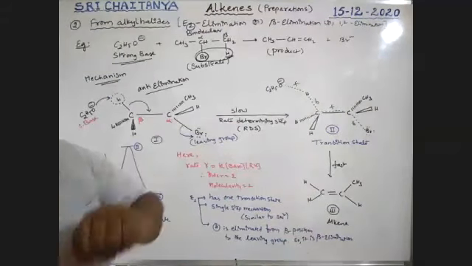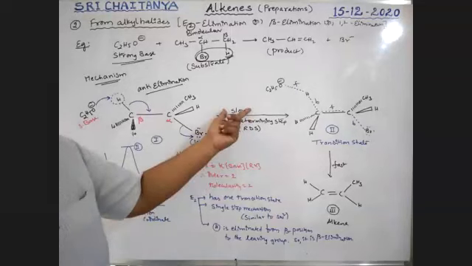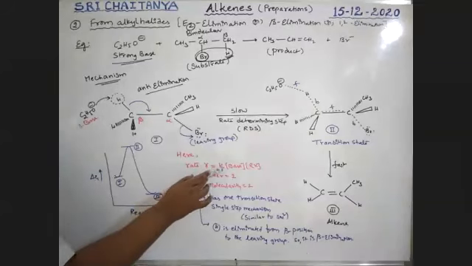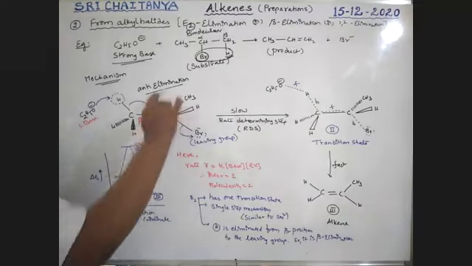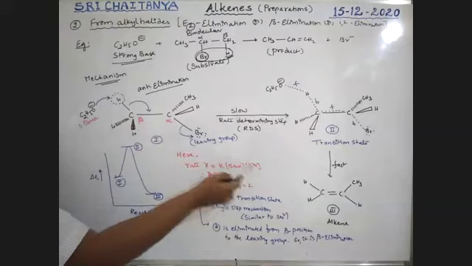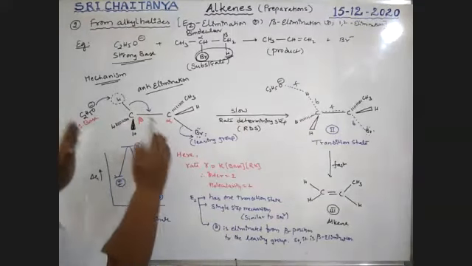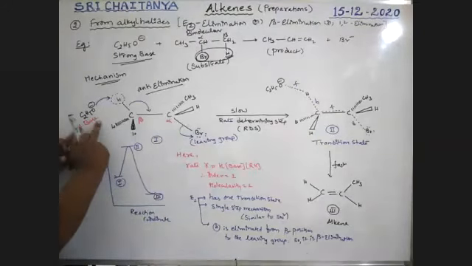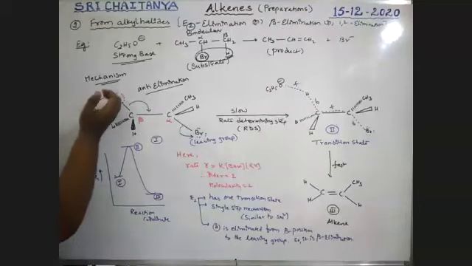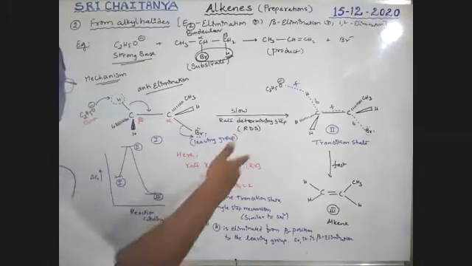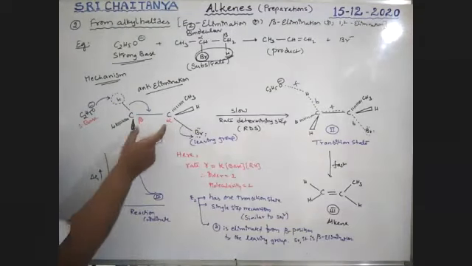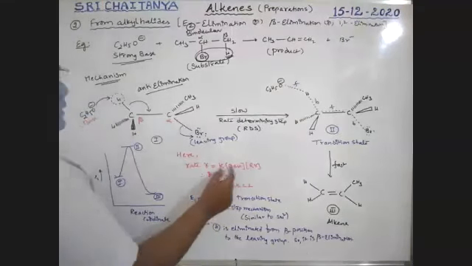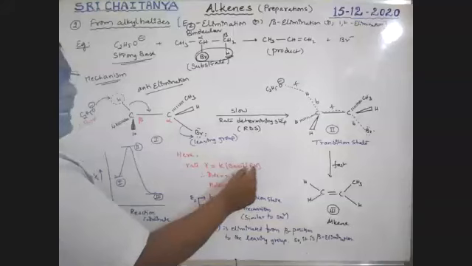Now, what is the theory behind it? Because it is the rate determining step, the rate of reaction is always depending on the rate determining step, boys. So rate is equal to rate constant K into, this is our substrate, alkyl halide, and this one. That means the total reaction speed is depending on both alkyl halide nature and also the base. Because this base abstracts this hydrogen. If this base abstracts this hydrogen, then other reactions are possible. That means the total speed of the reaction depends on alkyl halide and, at the same time, strong base. So rate is depending on base and alkyl halide.